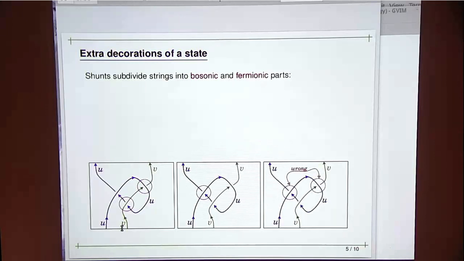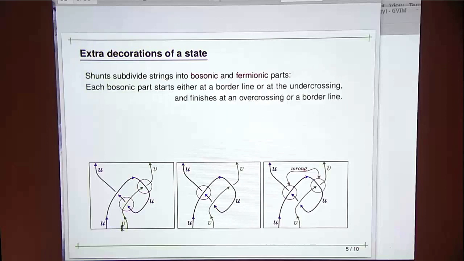Bosonic part starts at a borderline. Say it may happen like this. Oh no, this is not bosonic. No, this is bosonic. So it starts at the borderline and finishes at a crossing, but an overcrossing. And then after that it follows fermionic, and then again bosonic. Bosonic starts on an undercrossing or boundary and finishes on overcrossings